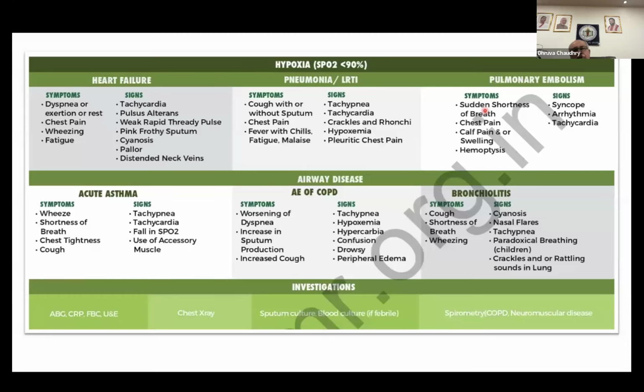And if they develop respiratory failure along with it, you will find significant evidence of cyanosis, there may be a little bit of polycythemia, and accessory muscles will be working. If CO2 levels go up, you will see flaps and confusion, and these patients may develop, at the end of the day, papilledema, if you have the availability of a fundoscope with you. Sometimes there is a confusion between AECOPD and heart failure, especially in the elderly. But most important is that a past history of COPD is most of the time there.